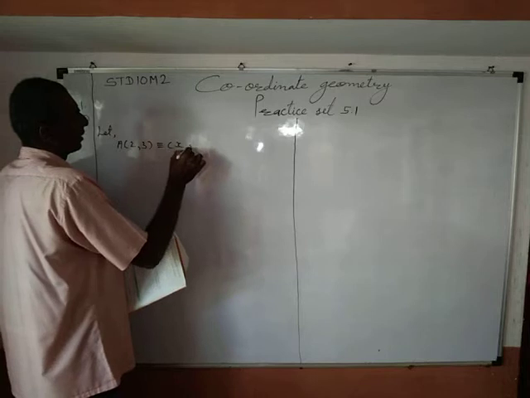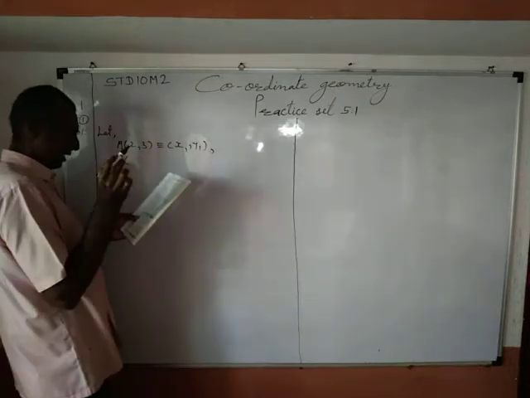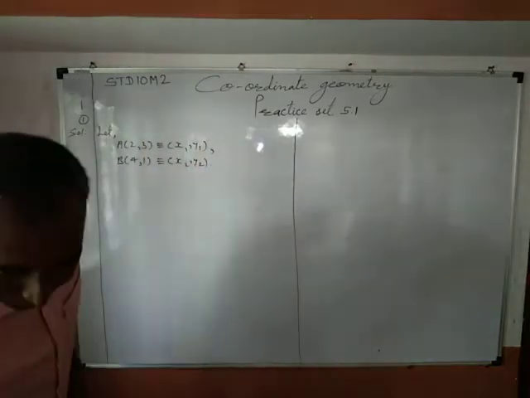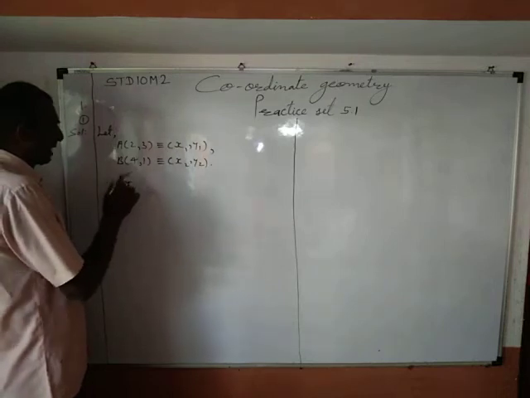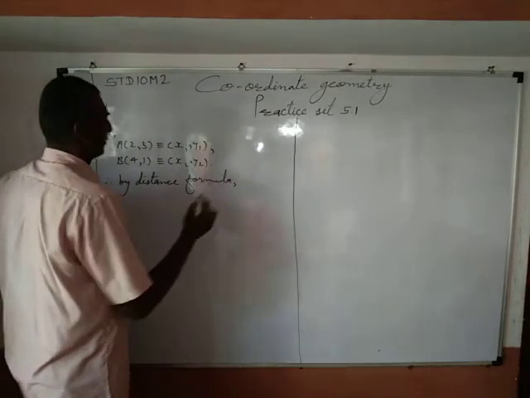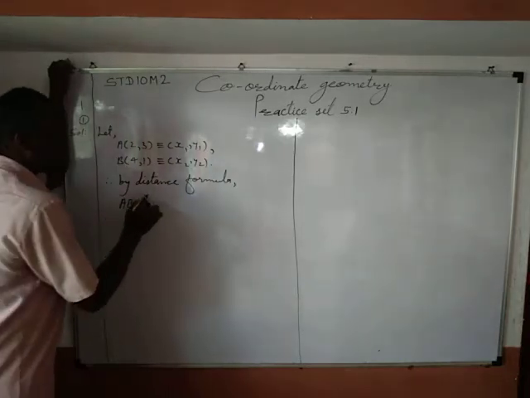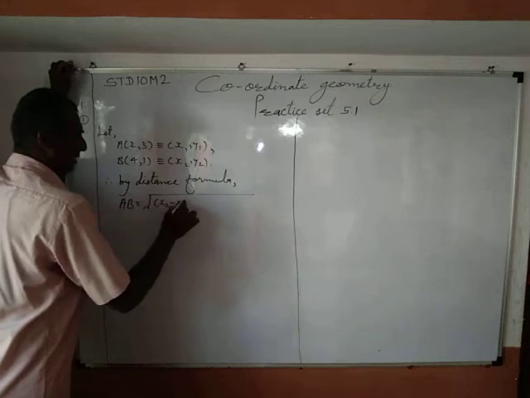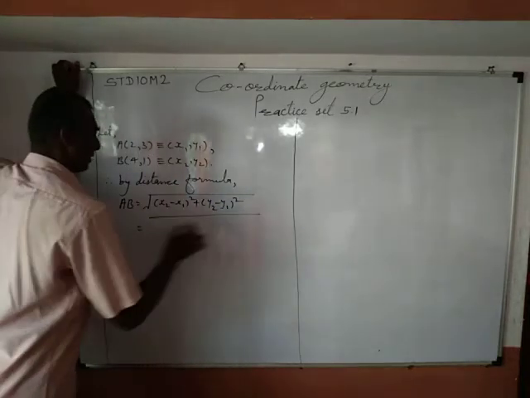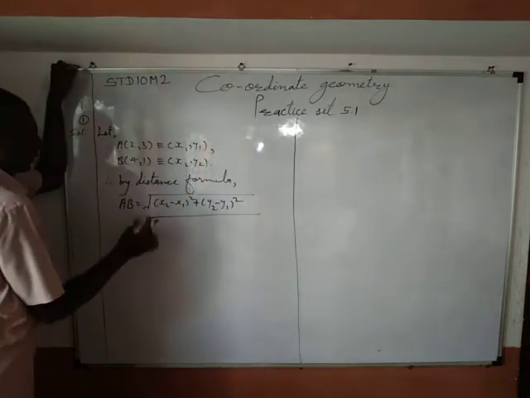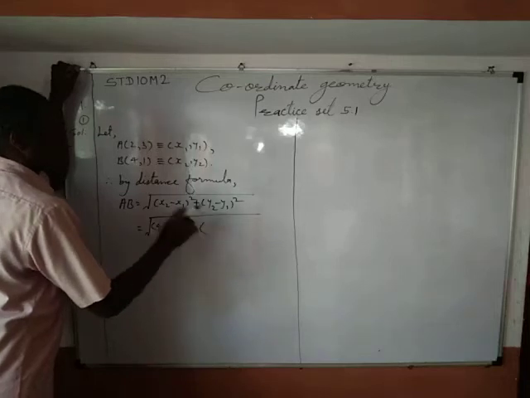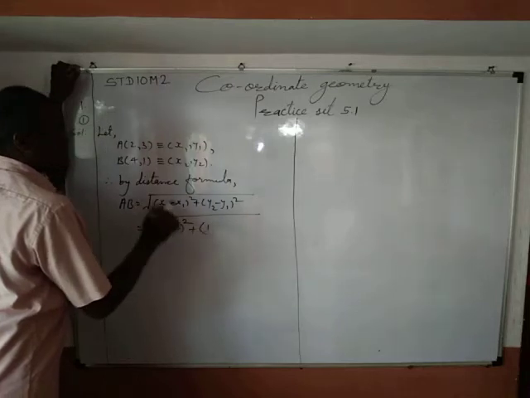A(2, 3) is (x1, y1), B(4, 1) is (x2, y2). Okay, therefore by distance formula, AB equals under root (x2 minus x1) whole square plus (y2 minus y1) whole square, equals under root, x2 is 4 minus value of x1 is 2, (4 minus 2) whole square plus y2, value of y2 is 1 minus y1